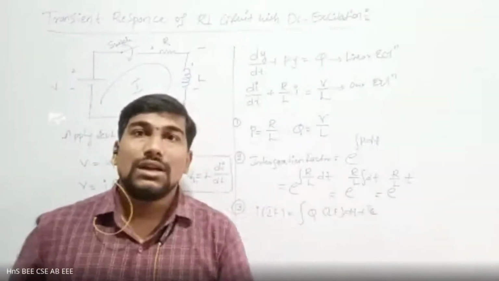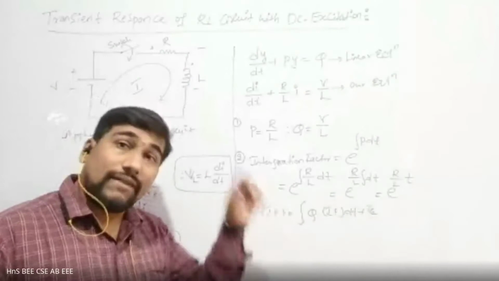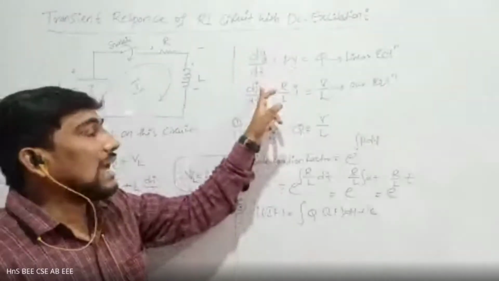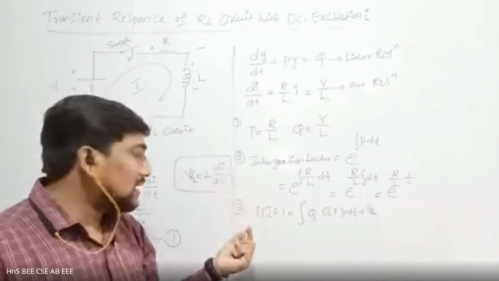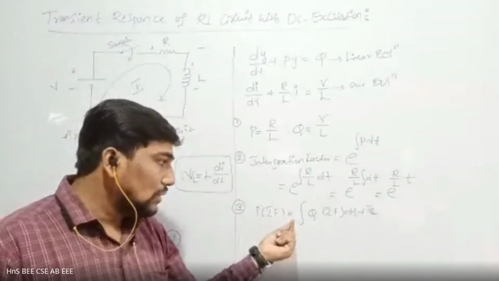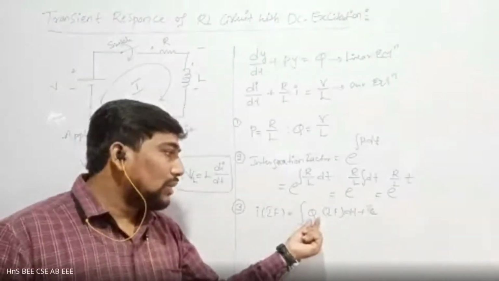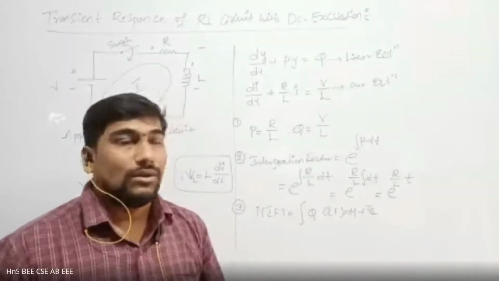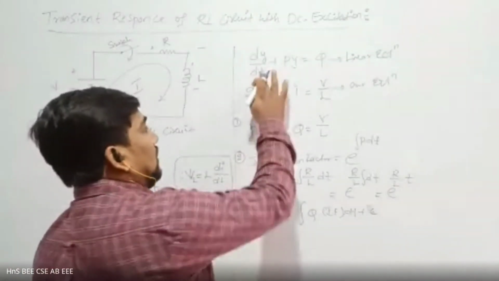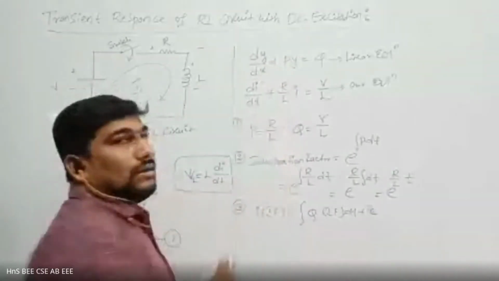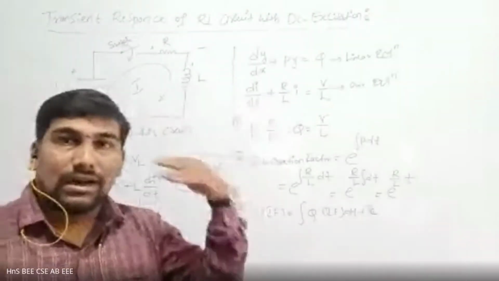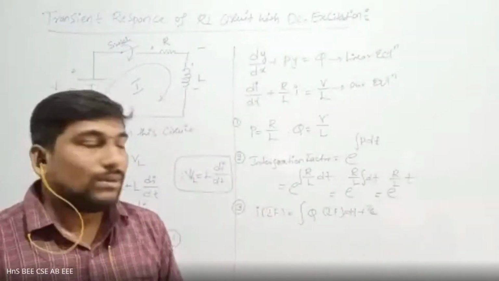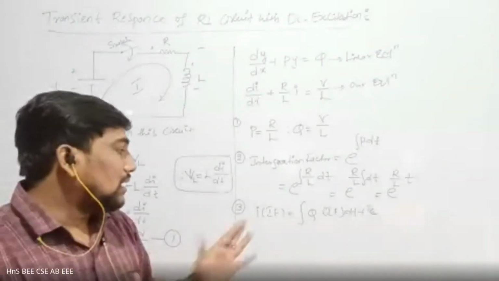But in intermediate, how it is there: y into IF, but here I into IF. Why is it I into IF? Simple, here y is nothing but I in our given equation. And here we have I into IF equal to the integration of q into IF into dx plus c there, but dt plus c here. There it is x, but here our variable is t and the constant is c. In intermediate or other mathematics, that is called x. Simple, compare these two equations and get the total general equation form.